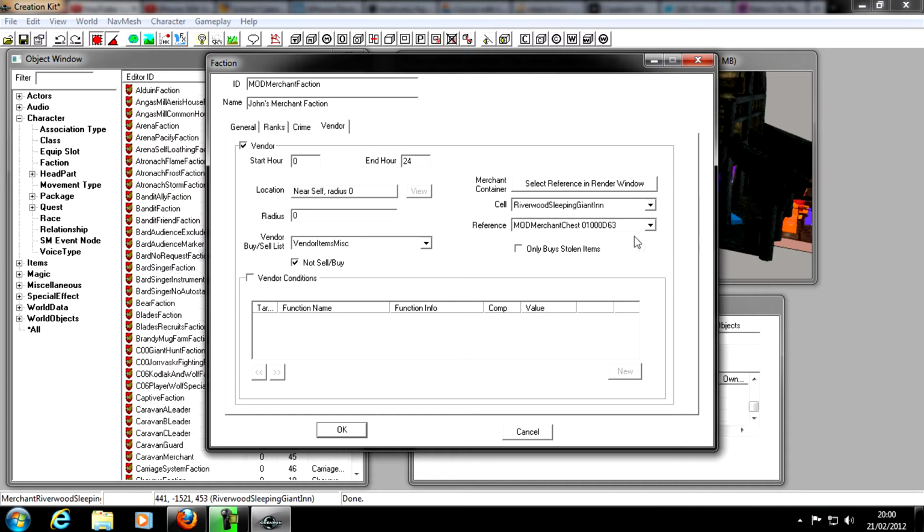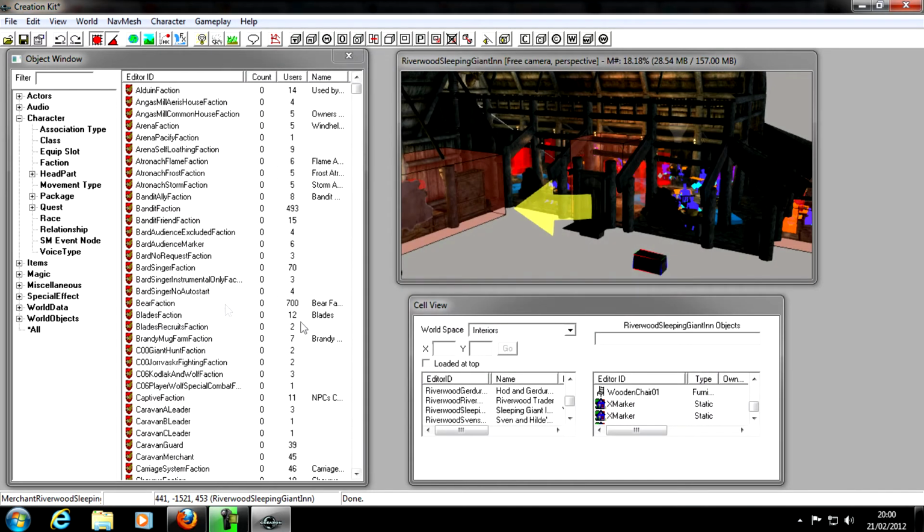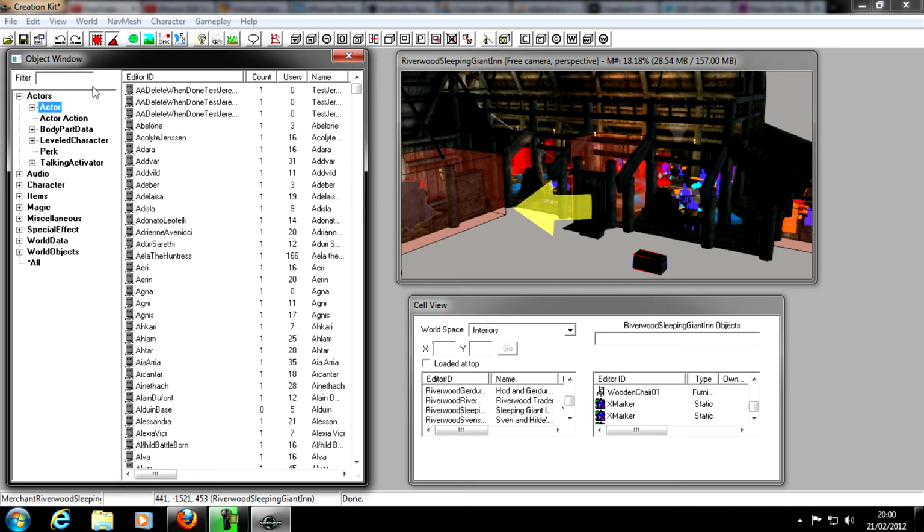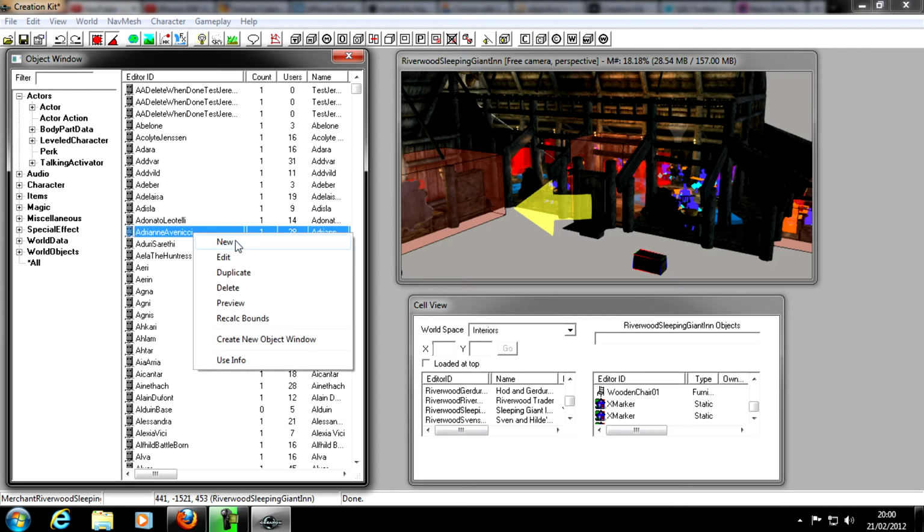So once you've done that, that's it really for the faction, and you can go ahead and click OK. So now for the best bit, guys, we get to go and make our merchant. So I'm just going to do this quickly. If you want to really know how to make an NPC, you can watch my previous tutorials. So I'm just going to click actor, and what you do to make an NPC, you right click new,